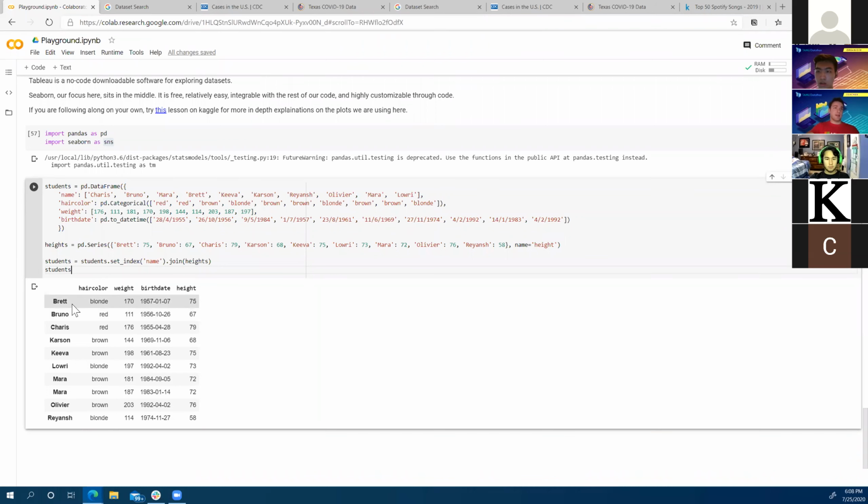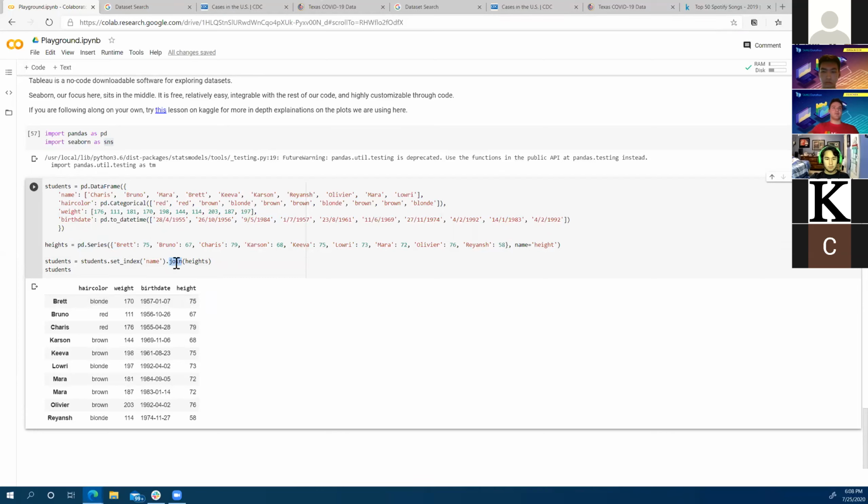Instead, we wanted the names to be the index because that's going to end up being a little bit more convenient for us. So we can actually reset the index to be the name column instead. And we joined it with the heights series.